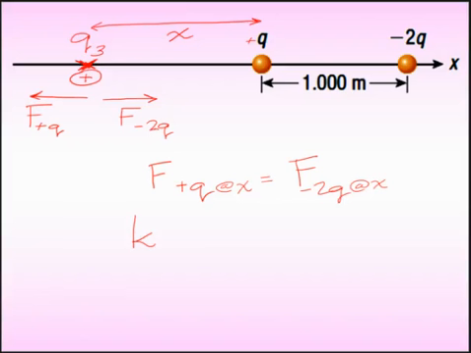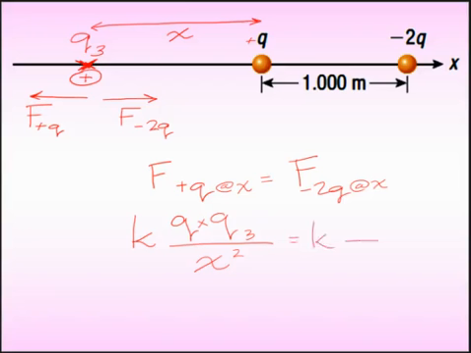All right, so go ahead. Q times Q3 divided by what? How far is the distance from Q to Q3? X, but it has to be squared. Good. Are there any cosines or sines here? Nope. Perfectly 1D problem. No angles involved. Equals